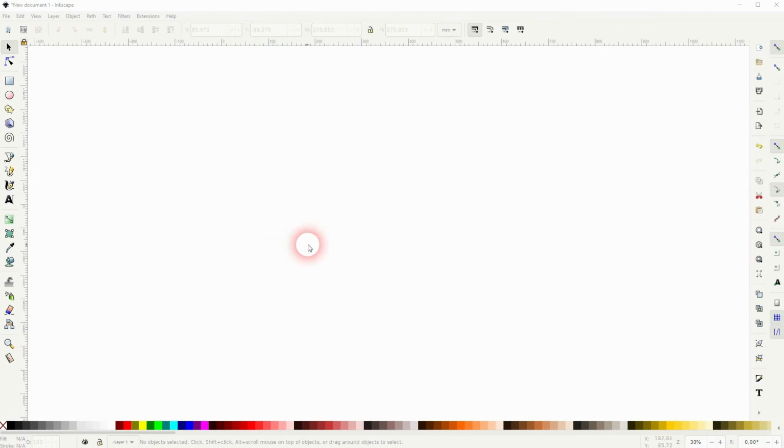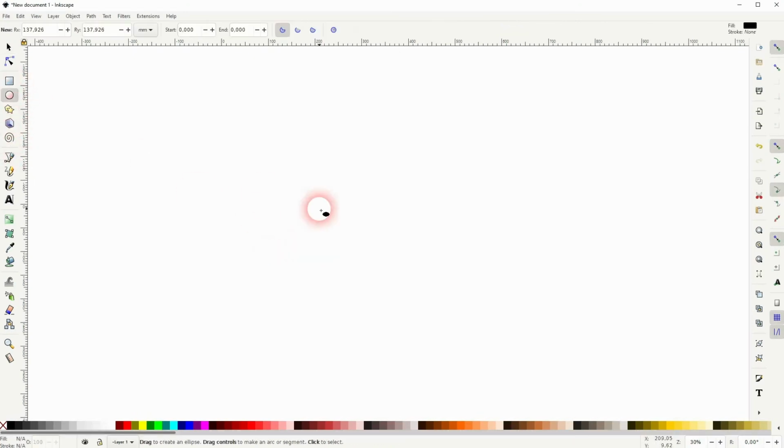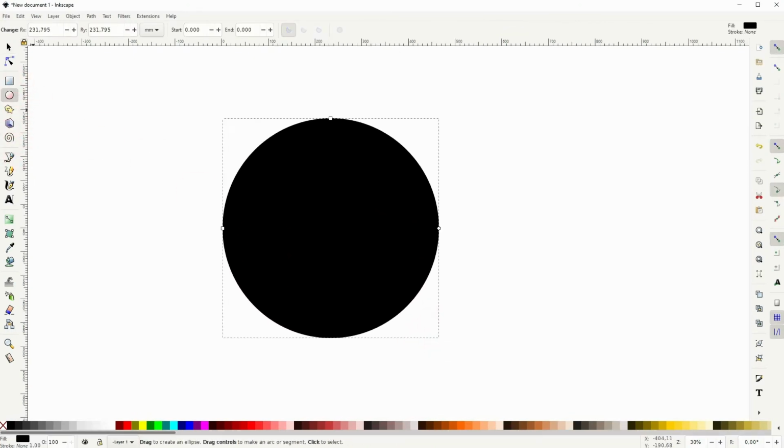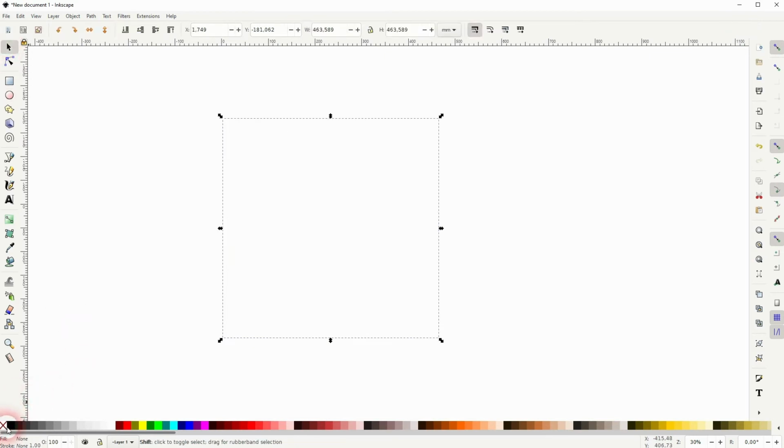And we're back to learning Inkscape, and this time I'm going to show you how to create a basketball icon. Let's start with an ellipse. Hold Ctrl and you've got a circle. I'll click on the X to get rid of the fill, then I hold Shift, click on black color swatch